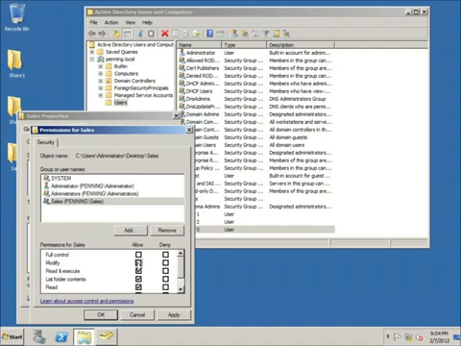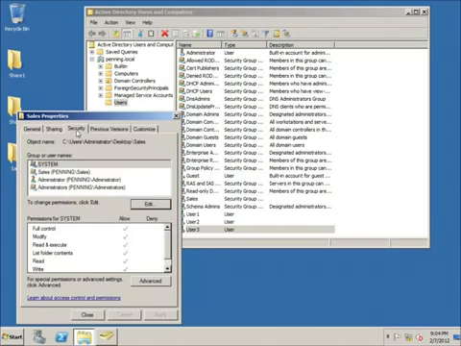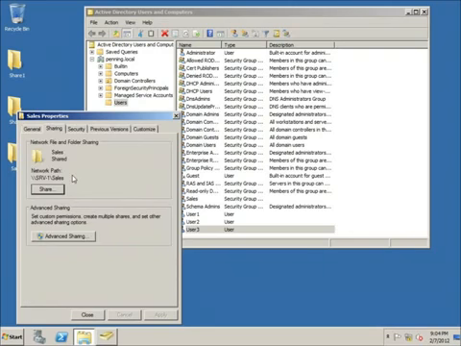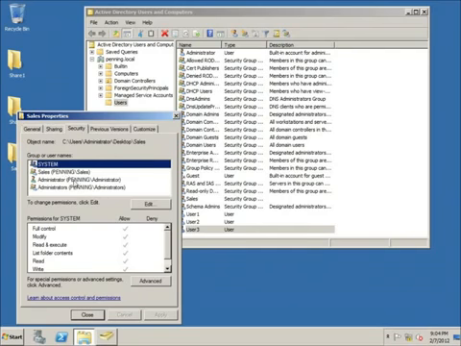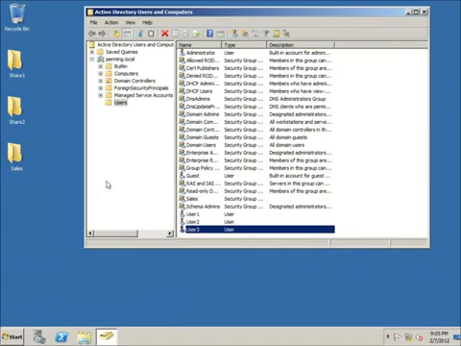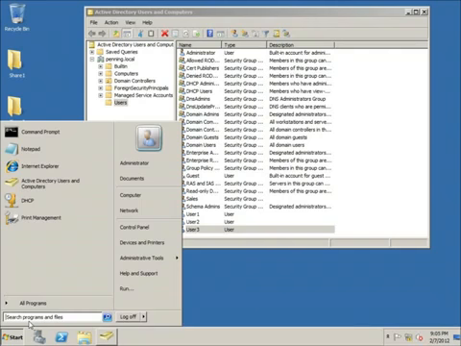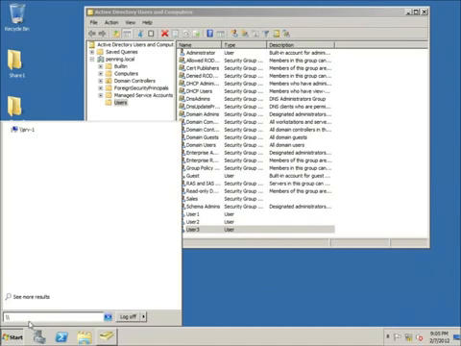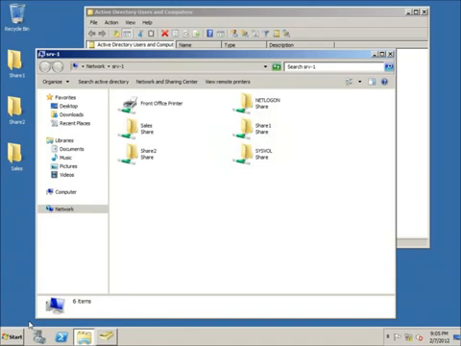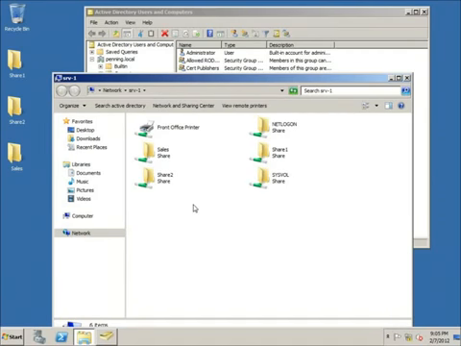And let's go ahead and give them the modify ability so they can read and write from both the NTFS or the security permissions as well as the sharing. Now, if you look at this, the only people that have sharing permissions are the sales group and the security group as well. I cannot even access this folder from the administrator itself. And let me just show you. If I go to start, type in //SRV-1, which is the way of going to this particular folder through the share resources,